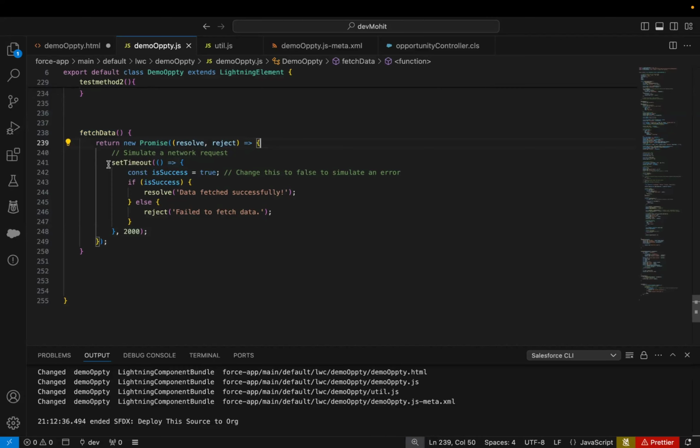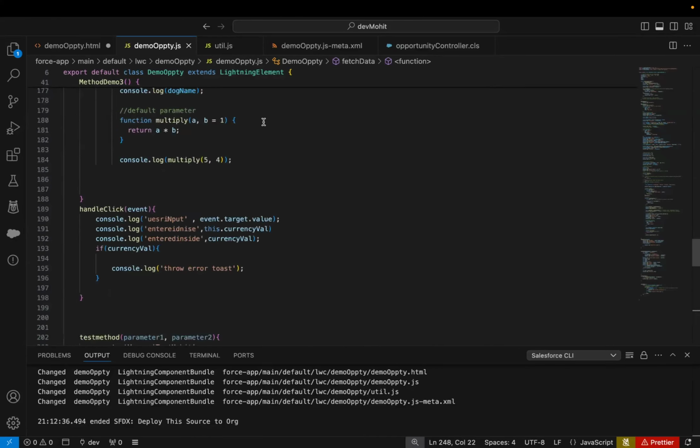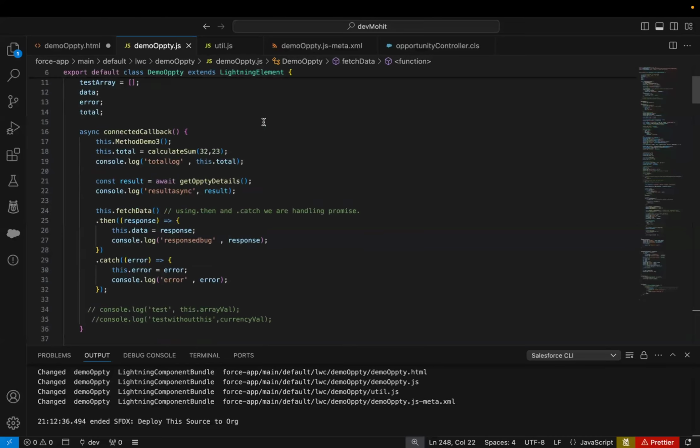And inside that we have used a timeout. If it's success, then resolve, then send this message. If it's not success, then send this message. And the timeout period is 2 milliseconds. So when I call this method in my connected callback,